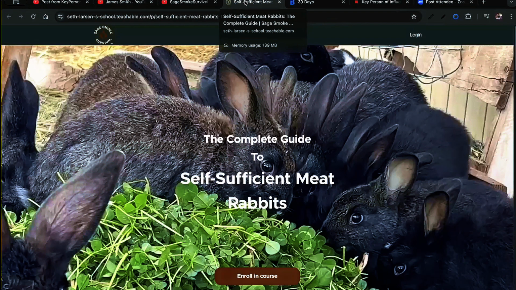Now, the next one is self-sufficient meat and rabbits. Now, don't laugh, okay, and don't make me laugh. The reason why I've got this is totally random. So I typed in how to butcher a chicken into YouTube, and then YouTube actually gave me a suggestion for rabbits. I said, okay, how to butcher a rabbit? Let's see what's coming up. And this was the first channel, and lo and behold, this channel. I'm going to show you that.